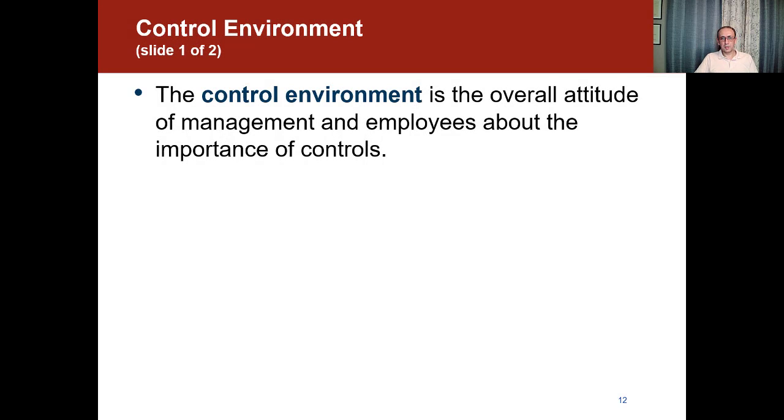So now we're going to be going more into details of the 5 internal control components. And the first component is the control environment. The control environment is considered to be the foundation for any kind of strong internal control system. So as it says here, the control environment is the overall attitude of management and employees about the importance of